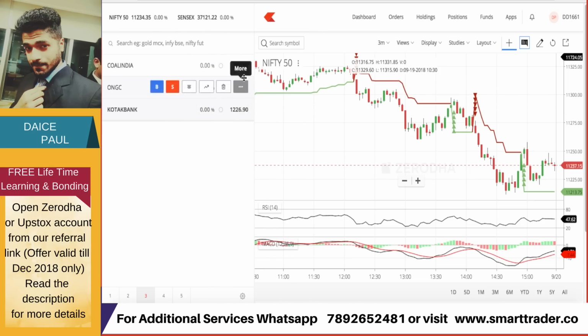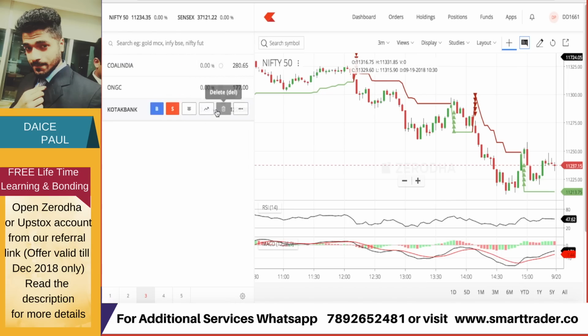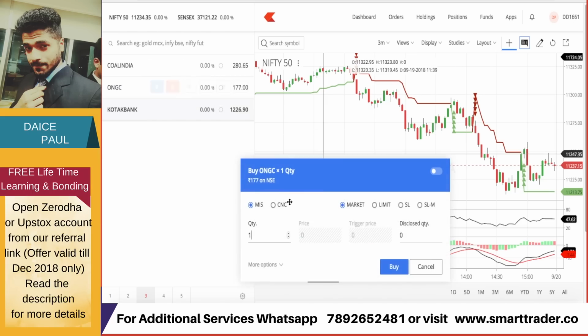So you need to observe which are the stocks. Either you can keep alerts in Upstox, you can keep alerts in Zerodha also, you can keep alerts we have in Sentinel. So you have to keep alerts if you're not able to monitor the stock. Or else, if you can monitor the stock for 1 hour, then on your mobile you can observe which stock is going towards its high for that particular day. Suddenly if you see ONGC going towards its high, then keep ONGC ready. Calculate this based on your capital and how many shares you can buy. When ONGC goes, immediately you will type and keep a cover order for this particular stock.